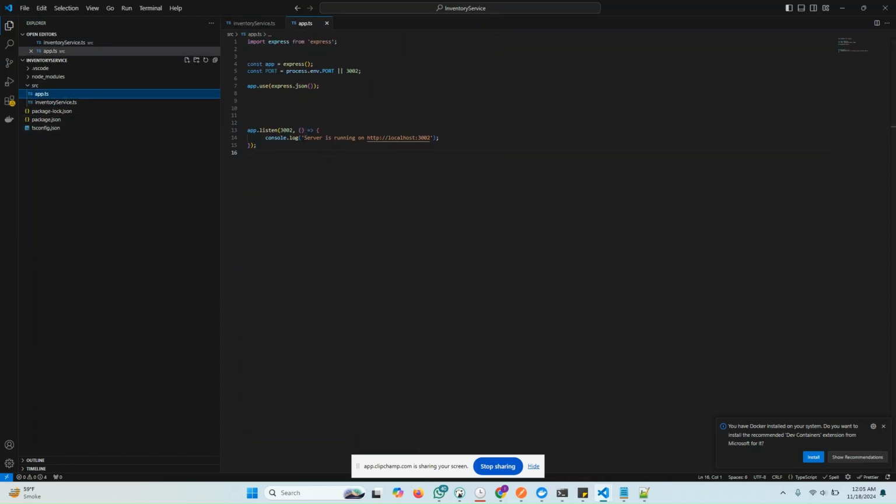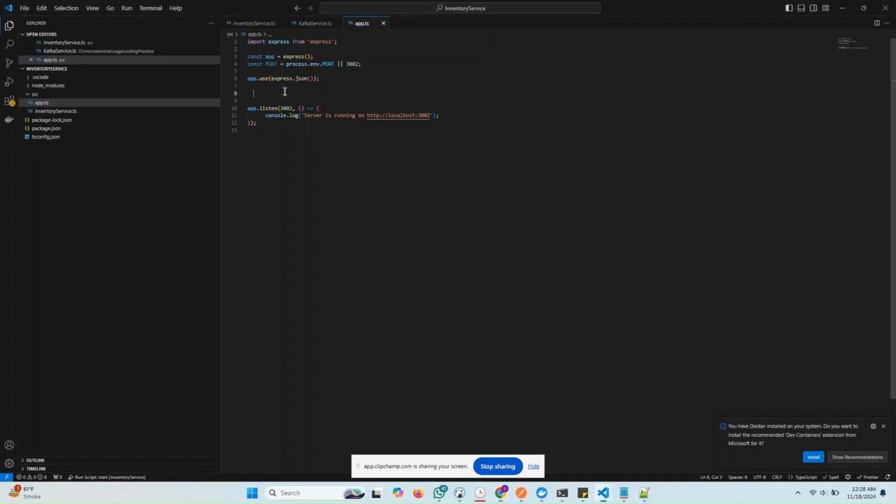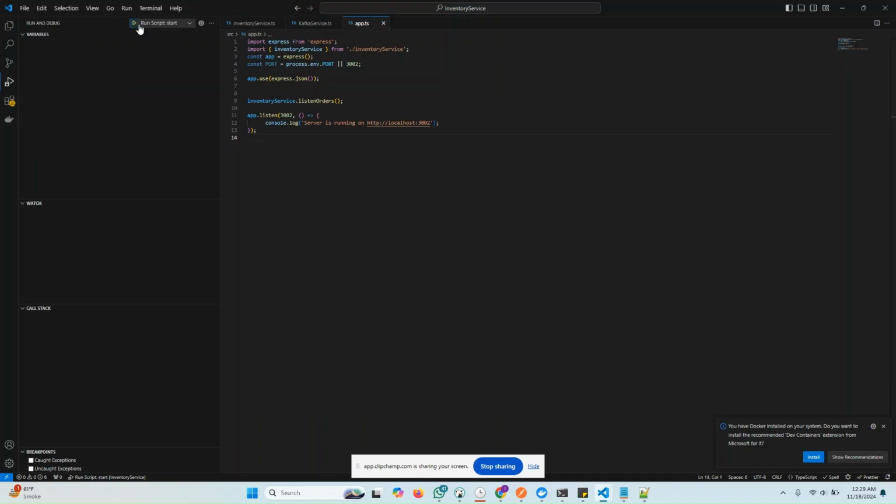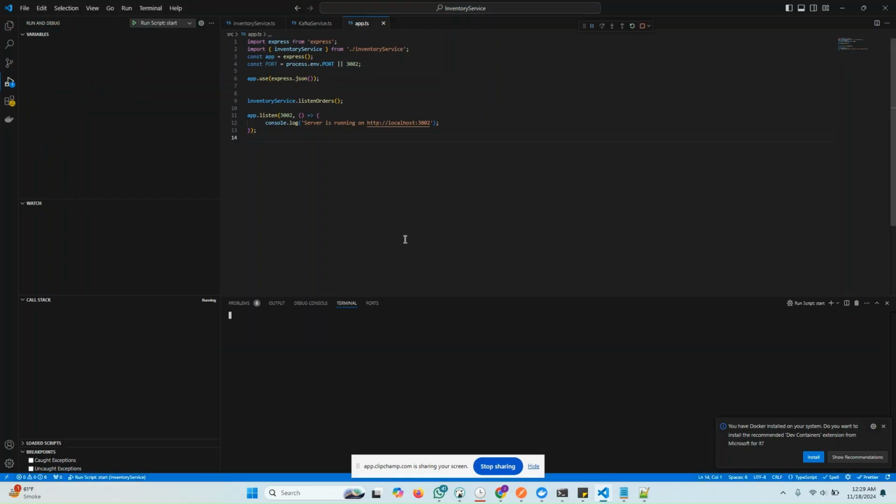Now let's import this service configuration in our app.ts file. I will go to this inventory.ts and import the inventory service. So import inventoryService from inventory, and let's call the method inventoryService.listenOrder. Okay, now let's test this. So let's run this service,